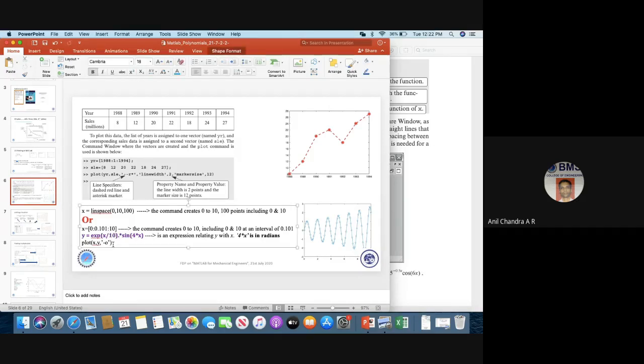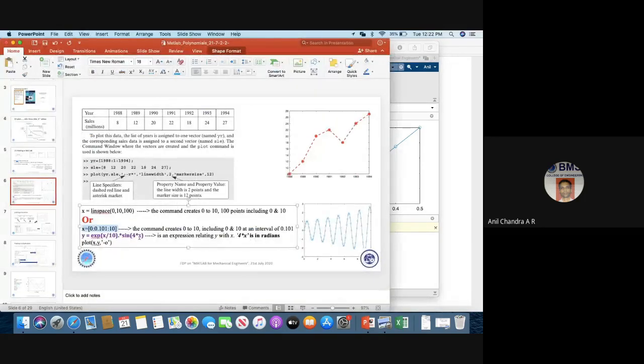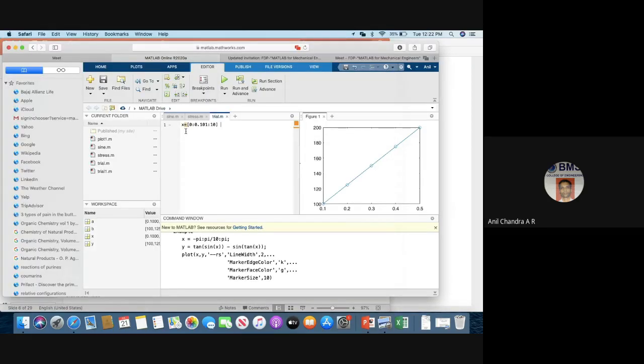So what I will do is I will just copy paste this command. So I will enter X values again. Now what is happening?